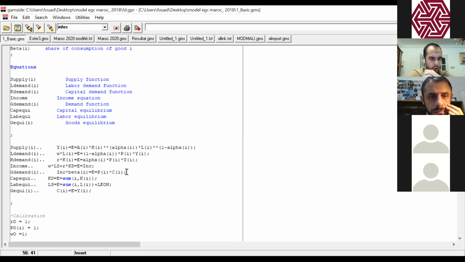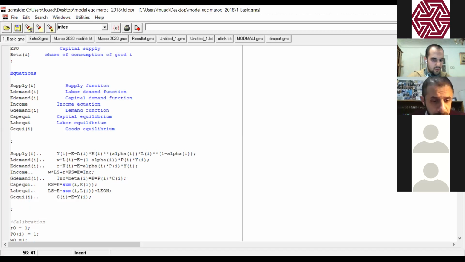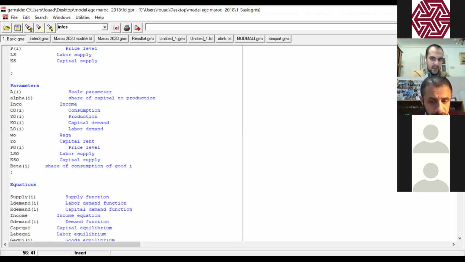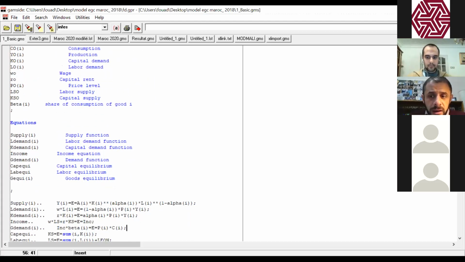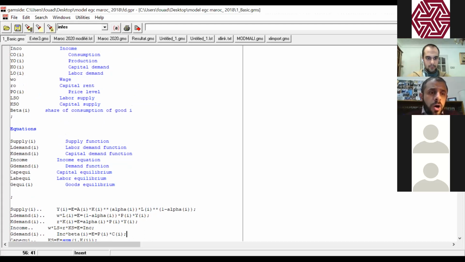And I have another question about the two equilibrium equations where we have the sum functions. When we use the sum function, should we put the I, comma ki? Yes, we have to put the I before the ki, for instance. Exactly, because in this case, GAMS will understand that it's going to do the summation over I. Okay, thank you.